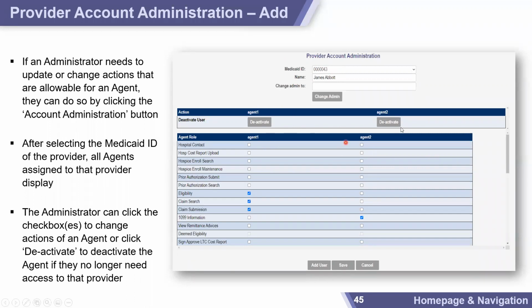We've got agent 1 and agent 2. We can give them all the same accesses if we wanted to click the same checkboxes for each of them, or we can differ what accesses we grant to them by selecting different checkboxes. Also from this screen, if we no longer wanted agent 1 to have access to this provider record, we can